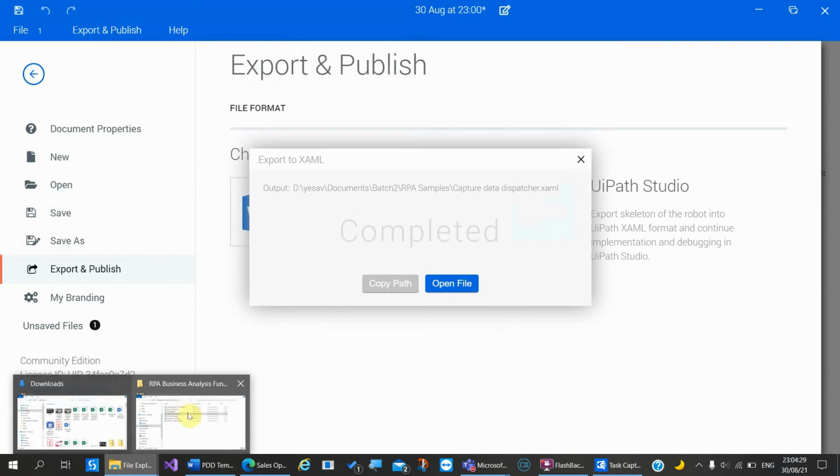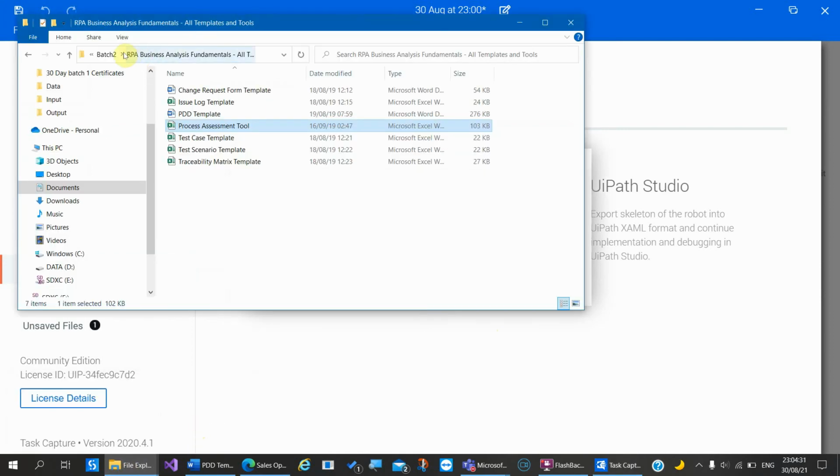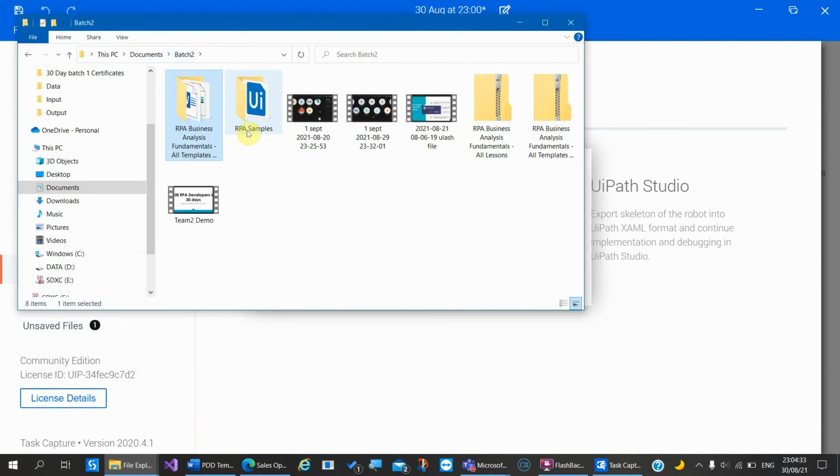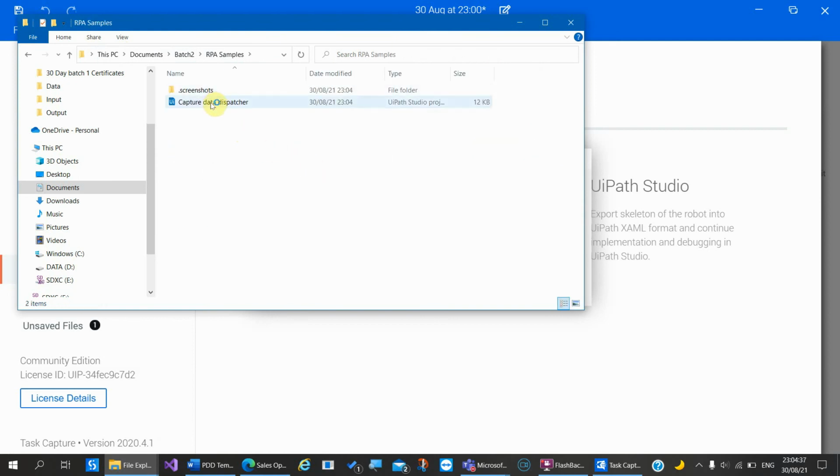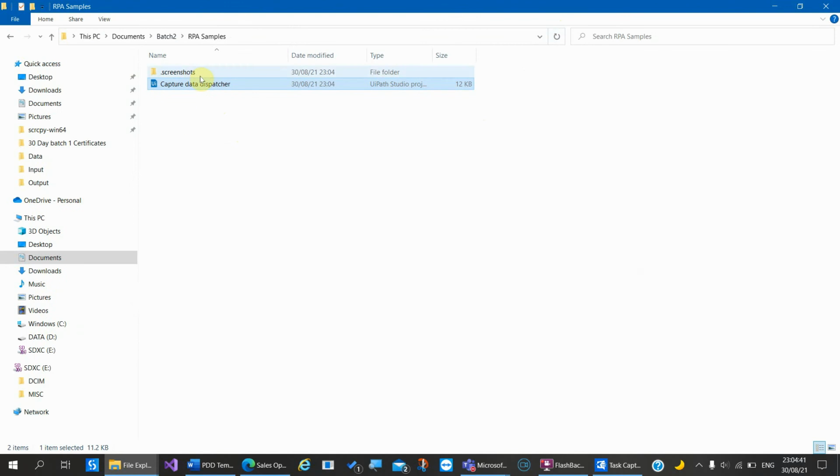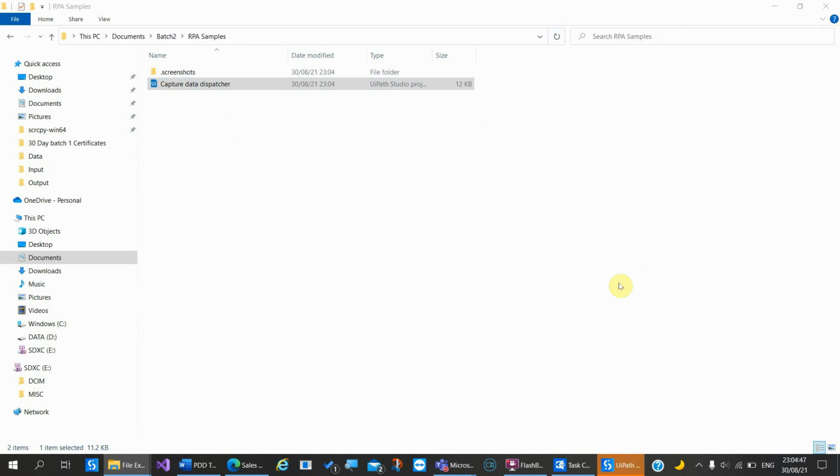If I see what I got out of exporting, RPA samples, capture data dispatcher, there is a complete NuGet package that's created, this file that's created as a UiPath project. And if I open it directly in Studio,